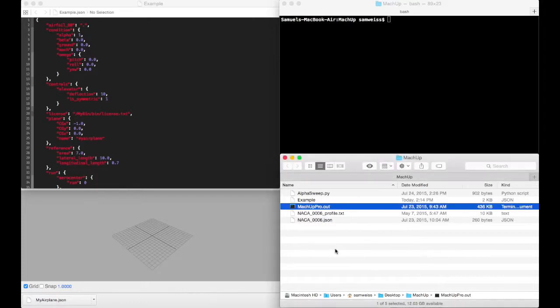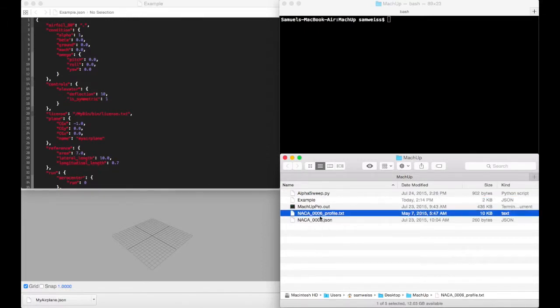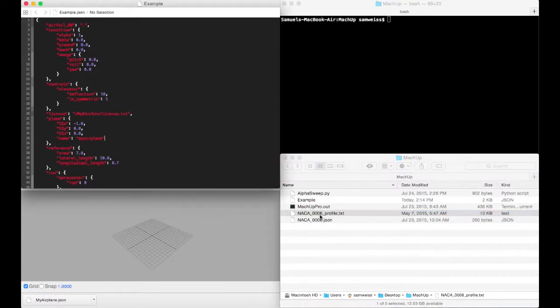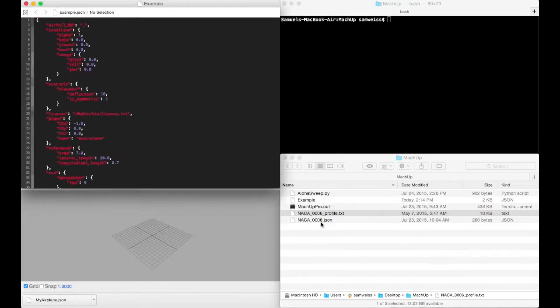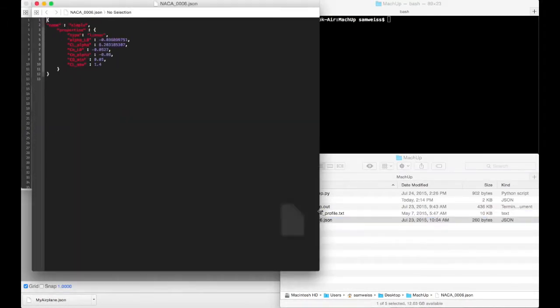So we'll start here in my directory. We have Mockup Pro, the executable. We have our aircraft file. And then we have two files for the airfoils. So we'll open up this profile one. It's just a bunch of XY points to plot the aircraft when we view it. And then we have the linear parameters for the aircraft, just like they are online, so that it knows how